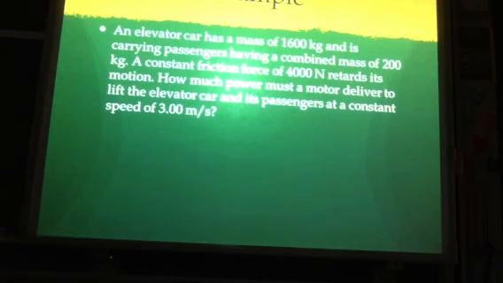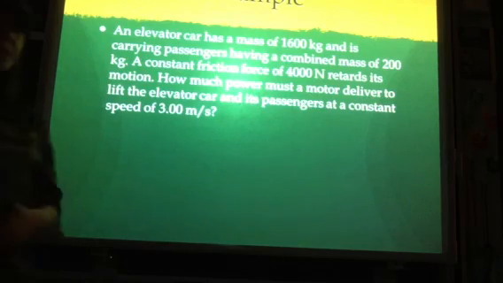Guys, this is the last slide that we have. The last 2 slides are just summaries of what we've been doing. We're going to do this one together in class tomorrow as well. So I want you to try the one problem with the Atwood's machine with the spring, and then